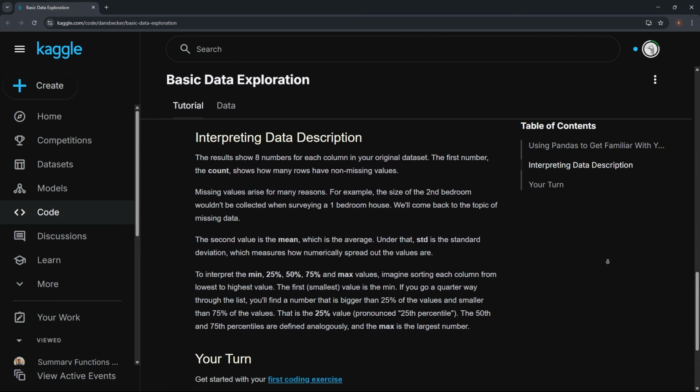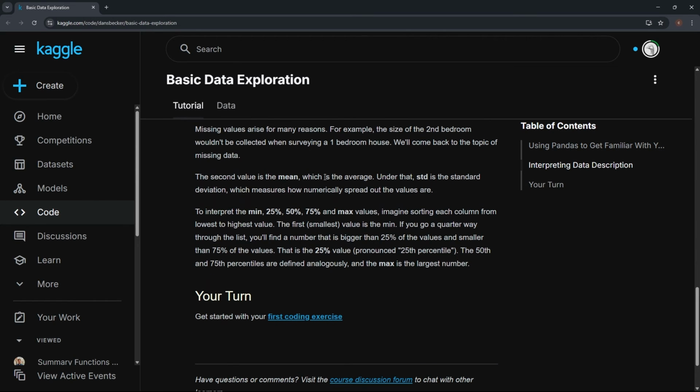All right. The second value is the mean, which is the average. Under that, std is the standard deviation, which measures how numerically spread out the values are. This is like a whole topic unto itself. But regardless, to